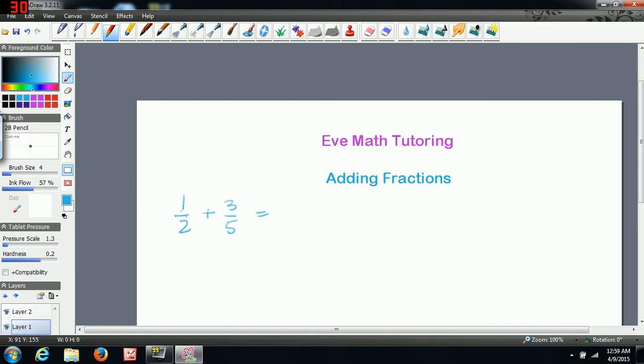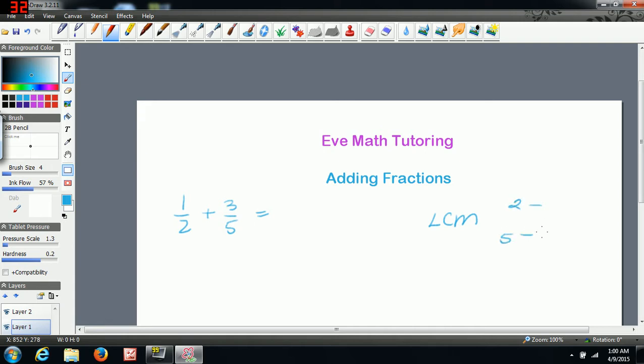Now when you're adding fractions, the bottom number has to be the same. So I wouldn't go ahead and add these numbers and then add these numbers. That would be incorrect. Okay, so I can only add two fractions if I have the same number on the bottom. In order to find that number, I'm going to find the lowest common multiple of the numbers 2 and